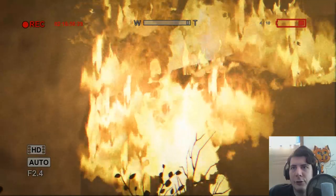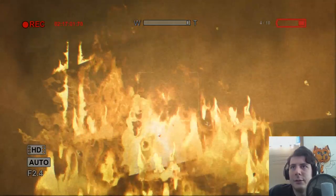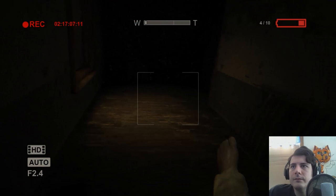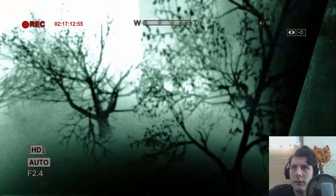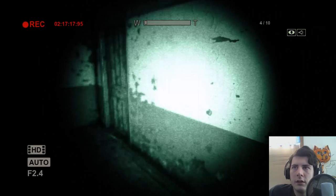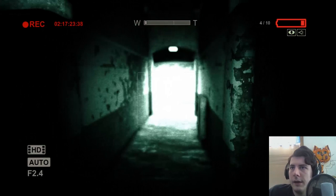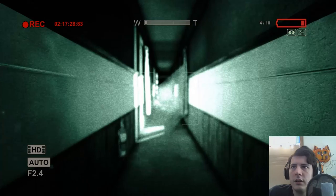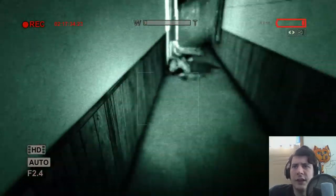I love the fire effect through this glass. Like, you just gotta appreciate that from an aesthetics standpoint. That's gorgeous. Anyway. Hello, trees. Hey, paper. Anybody over here? Yes, I am rambling like a madman at this point. I don't know what to do, and this area is so uneventful. I'm gonna go ahead and keep that on just in case Billy. I haven't seen Billy in a while. I don't know if I've seen him at all in the...